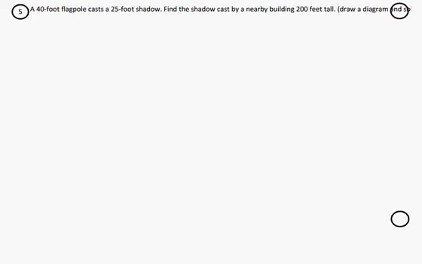I'm actually going to draw the flagpole just as a straight line. And its shadow, again, I draw the length of the shadow to be less than the 40, because I know from the story that's the shortest side. I have a building 200 feet tall,